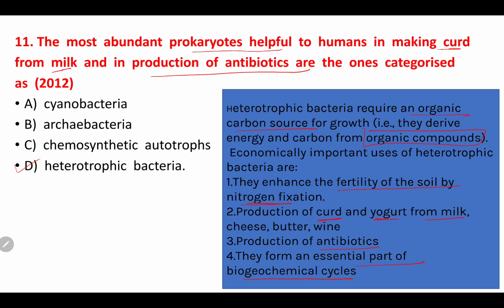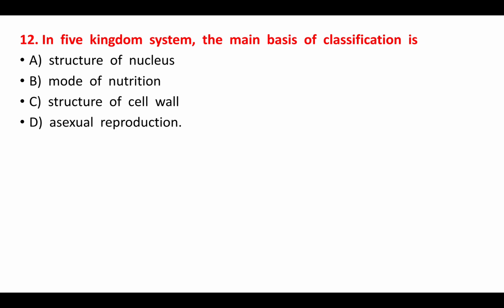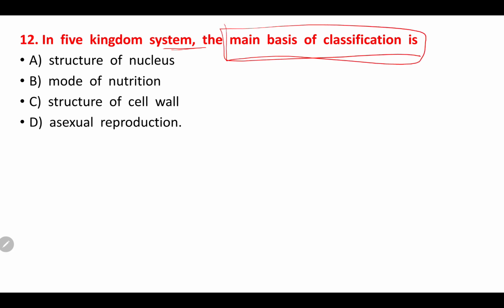Here they have given the microbes which are used in making curd and in the production of antibiotics are ones categorized as heterotrophic bacteria. So option D is the right one. Now let us move on to the 12th question. In the 5 kingdom system, the main basis of classification is. See, they have given some options here such as structure of nucleus, mode of nutrition, structure of cell wall, asexual reproduction. But here they have asked the main